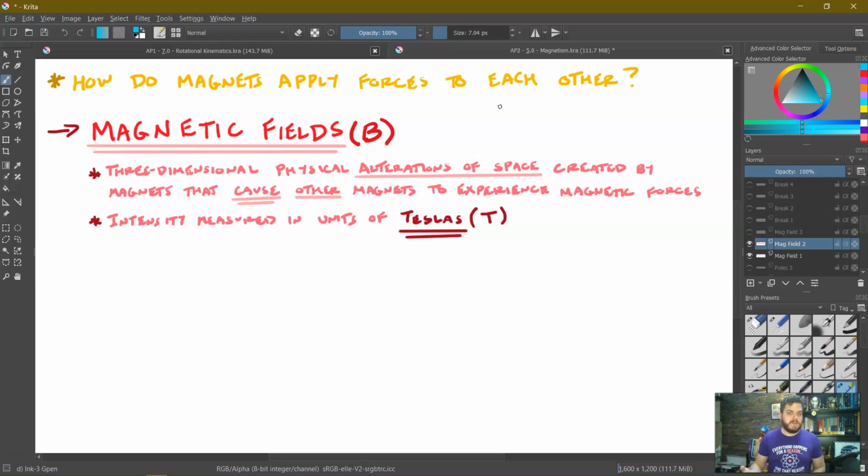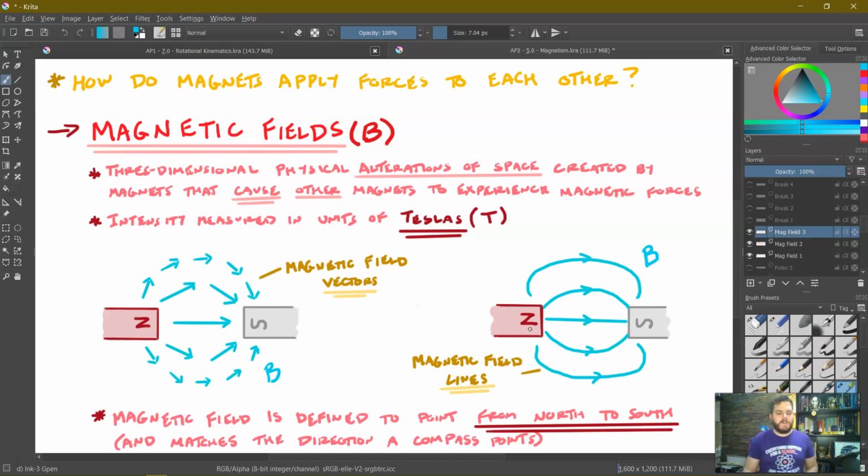The Earth's magnetic field is a fraction of a Tesla. Now, these magnetic fields we can represent in a couple different ways. So if I have a north pole and a south pole here, we can either draw the magnetic field vectors, keeping in mind that bigger vectors mean a bigger field, and smaller vectors mean a smaller field, and we could also have magnetic field